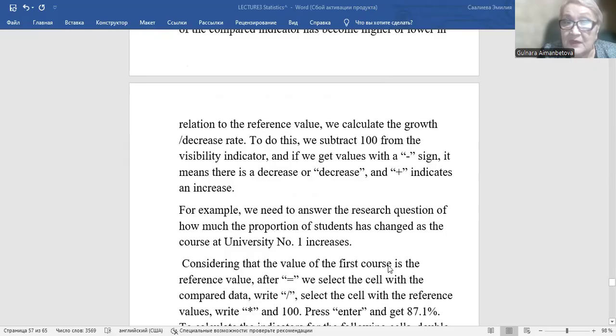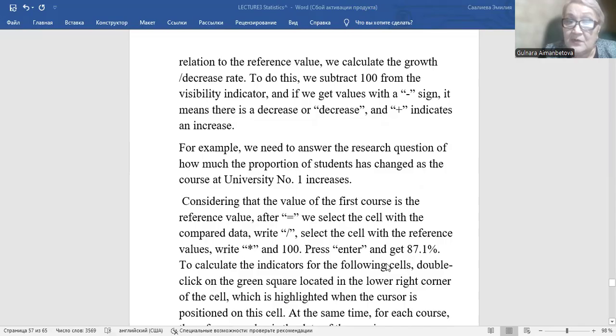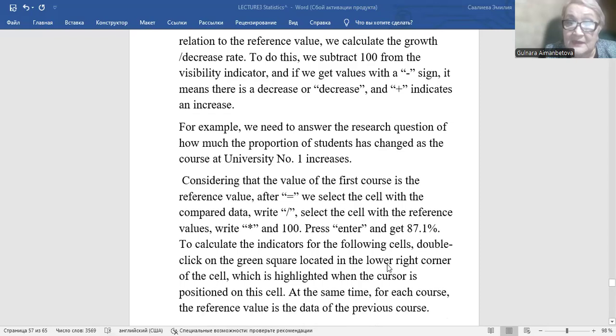For example, we need to answer a research question of how much the proportion of students has changed as the course at university number 1 increases. Considering that the value of the first course is the reference value, after equals we select the cell with the compared data, right slash, select the cell with the reference values, right asterisk and 100. Press enter and get